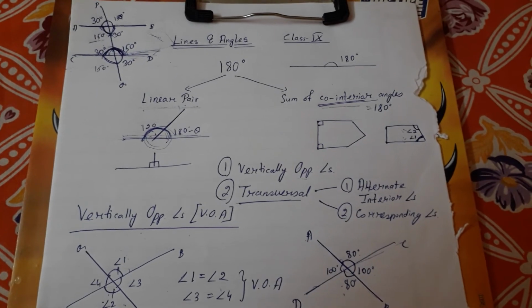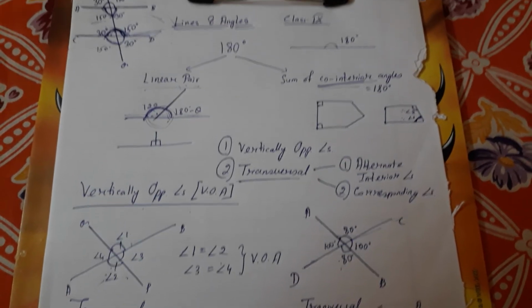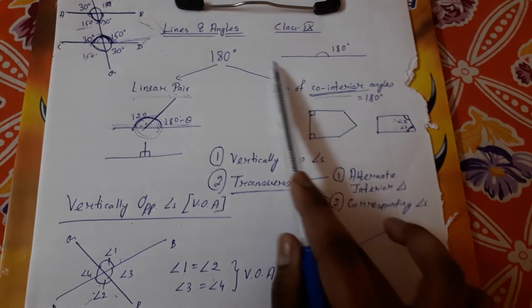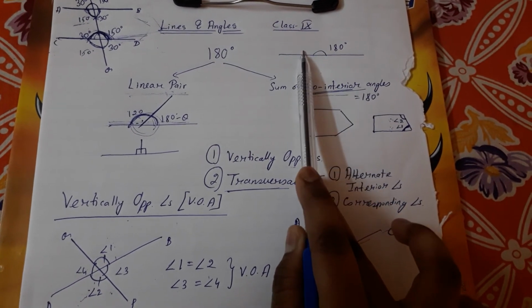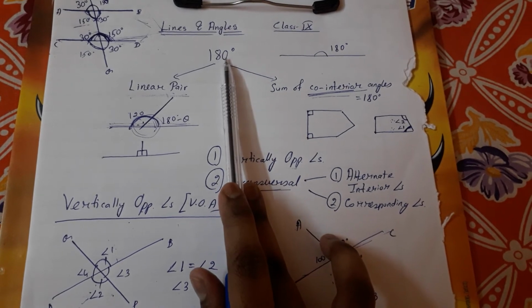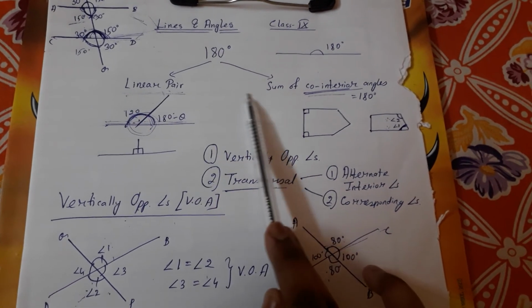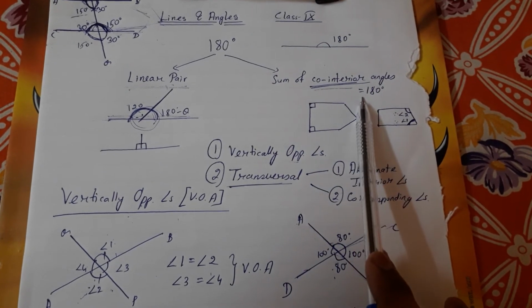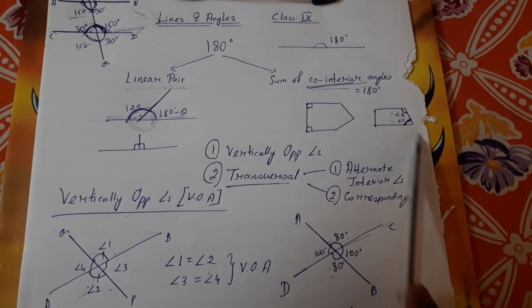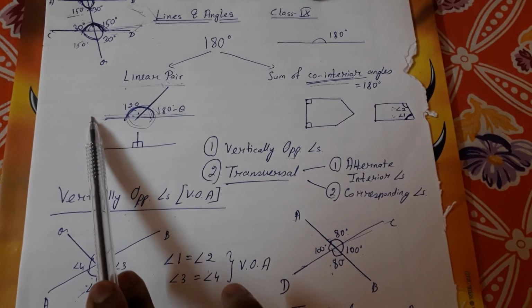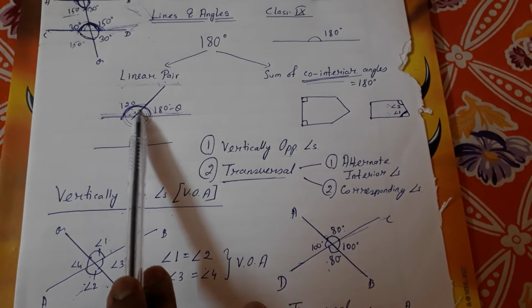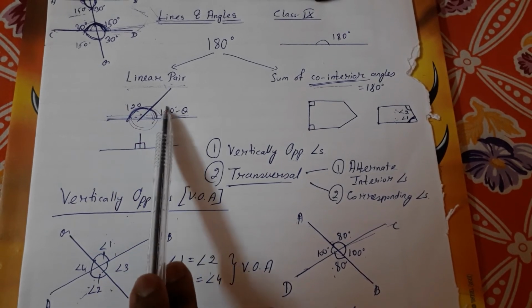So let's see the whole thing once more in a very clear way. The name of the chapter is lines and angles. One line means 180 degrees. 180 degrees has two concepts: the linear pair concept and the sum of co-interior angles concept. The sum of co-interior angles is always 180 degrees, as you have seen in a quadrilateral, and for the linear pair you know that if a line cuts a horizontal line, then on one side the angle is given and on the other side it is